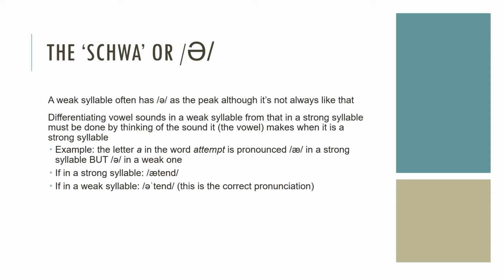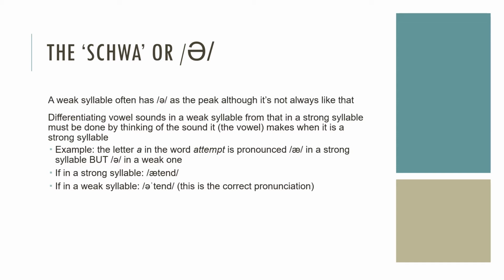Differentiating vowel sounds in a weak syllable from that in a strong syllable must be done by thinking of the sound it makes when it is a strong syllable. For example, the letter A in the word attempt is pronounced as a full vowel in a strong syllable, but as schwa in a weak one. Another example is the letter A in the word attempt. In a strong form, it is pronounced one way, and in the weak form, it's pronounced with schwa, which is